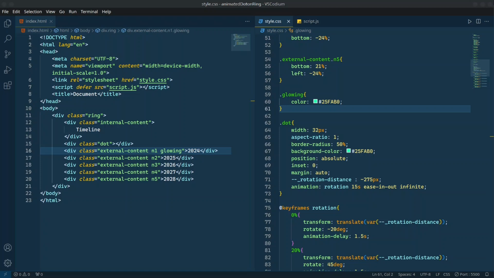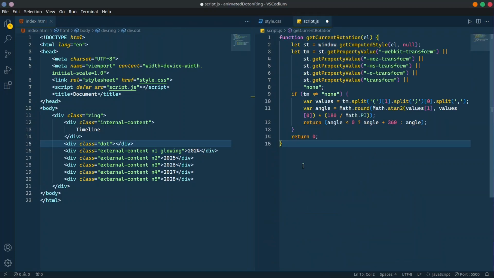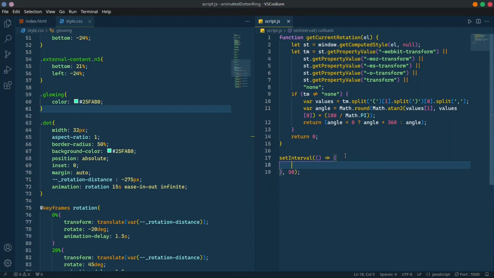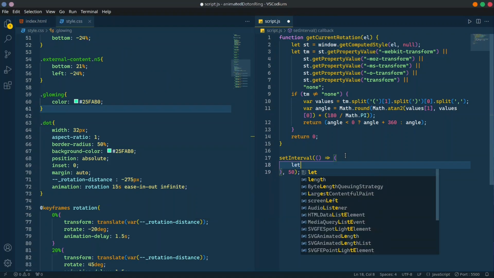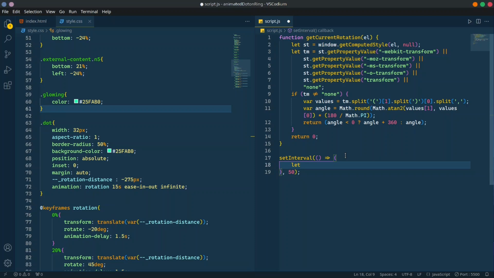Let's do this. So we will use this JavaScript function to get the current rotation of our dot. But first, since we need to do it regularly and continuously, we will need to wrap it inside a setInterval. So let's get the rotation of our dot in a variable named dotRotation.